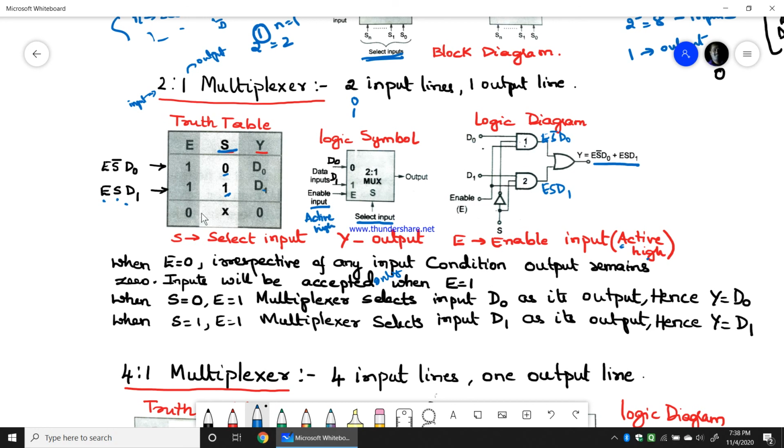For E equals 0, the output is 0, irrespective of the value of the selection input. Now when S equals 0 and E equals 1, D0 will be the output. Means D0 is the input which gets selected based on S equals 0 and that would be the output. Similarly, when S equals 1 and E equals 1, D1 will be the input selected and that would be the output. Hence Y equals D1. So this is the explanation of the 2:1 multiplexer. Now coming to the 4:1 multiplexer.